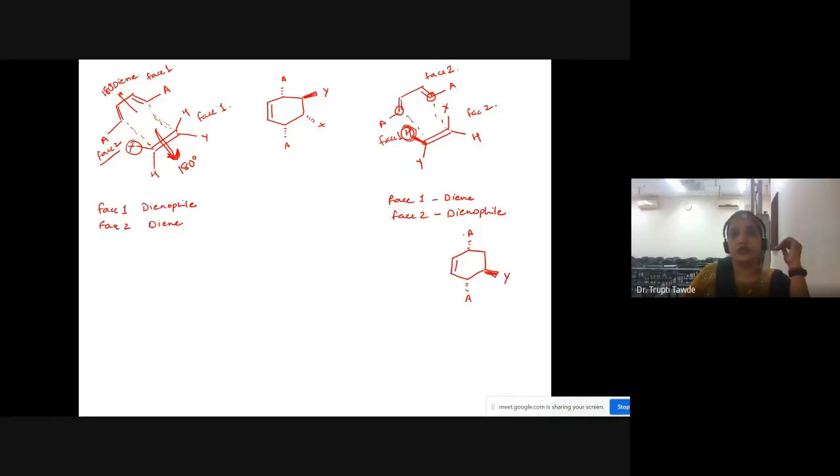Okay, what about this X? Below. So it will be below the plane. ठीक है, अब मुझे ये स्ट्रक्चर को और ये स्ट्रक्चर को कंपेयर करना है, बट इन दिस केस सी, y इज अप एंड x इज डाउन। यहाँ पे क्या है? x इज अप, y इज डाउन। तो पहले तो उसको ठीक करो। सो आई एम गोइंग टू रोटेट दिस मॉलिक्यूल थ्रू 180 डिग्री। तो जब 180 डिग्री करोगे,